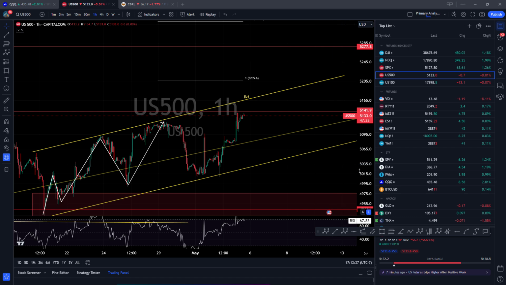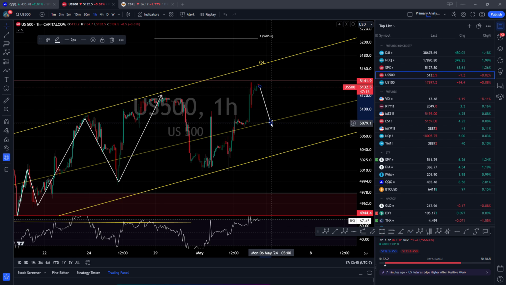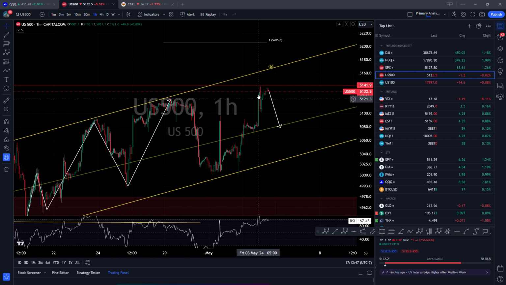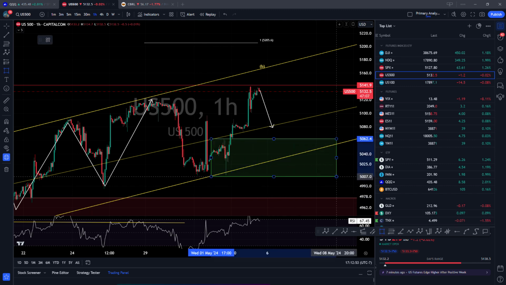Again, the action on Friday suggested that the momentum is being lost here when it came to the supply zone, which I shared before. So regardless, we will see a drop. We'll see a drop in tomorrow's session, or maybe by Tuesday morning. But we should drop back to this area, right, where the demand is.